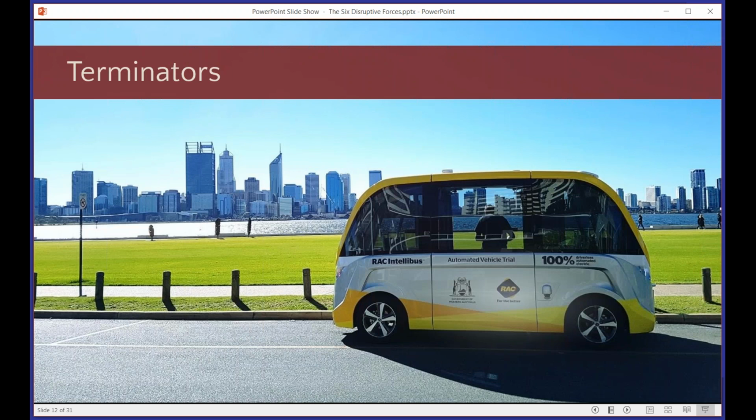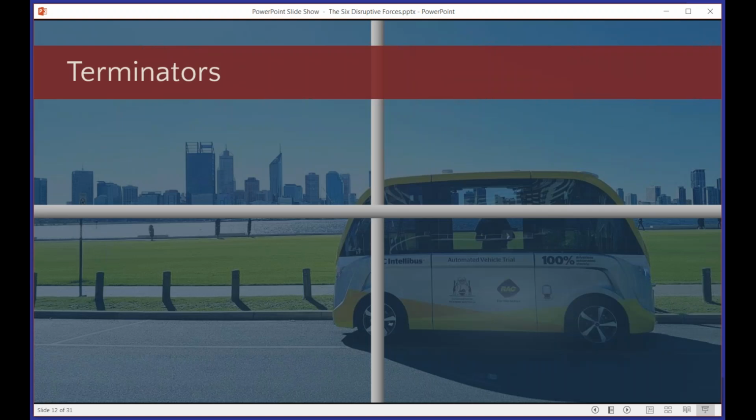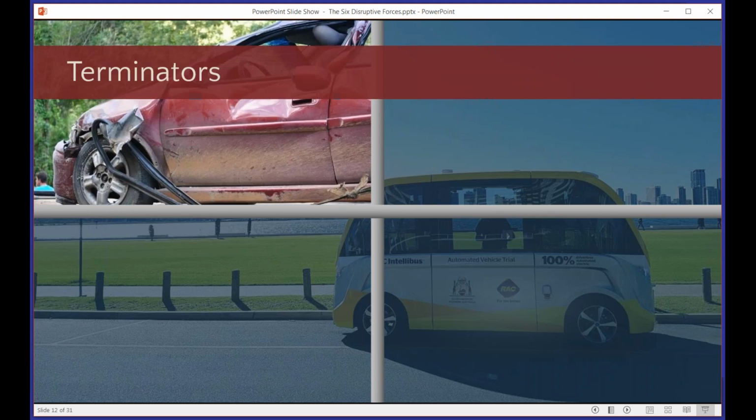So in Perth, the RAC, which is our local automobile club, has got a free service where you can go and try out sitting in a driverless bus, and you go up and down like a 20-minute ride. It's great. And if you're in Perth or now in Sydney, I recommend you try it. And the reason these are Terminators, that the whole driverless car technology, is because they affect a number of industries. Obviously, car manufacturing, and all of the major car manufacturers are looking into driverless autonomous technology, but also things like